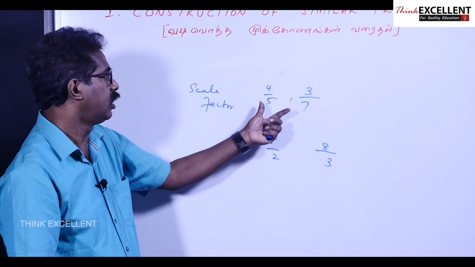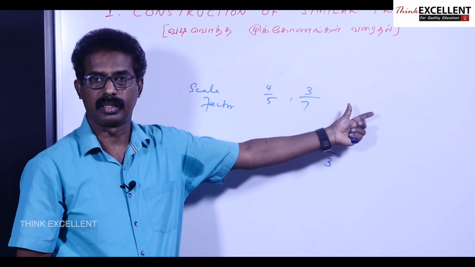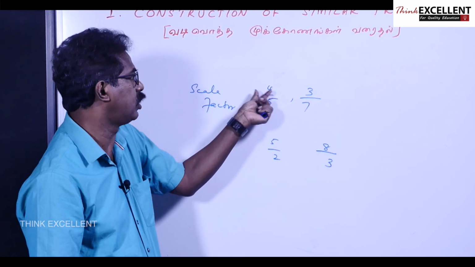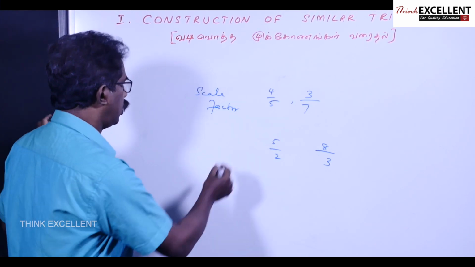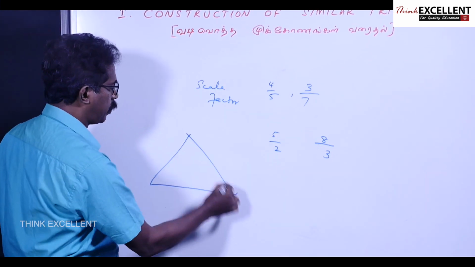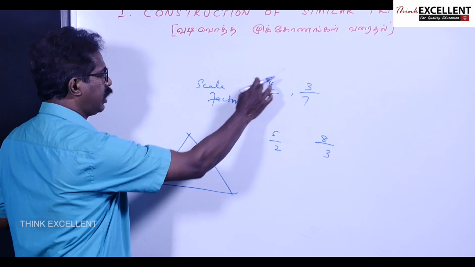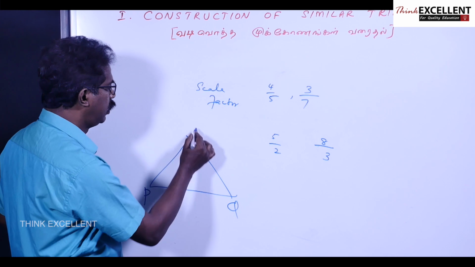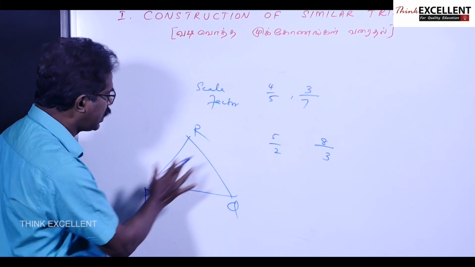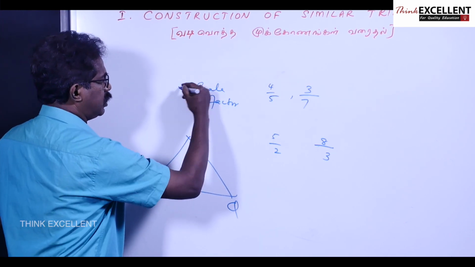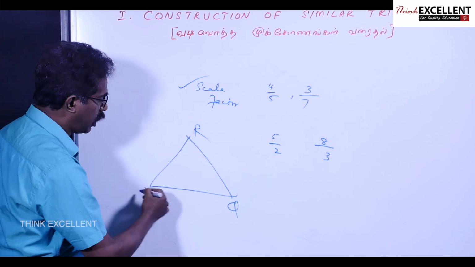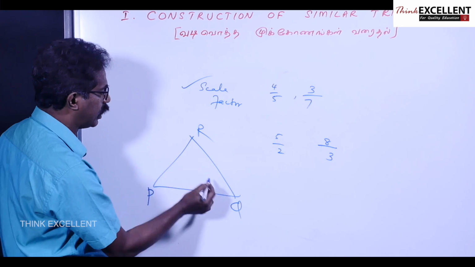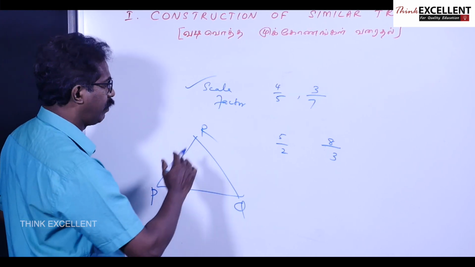In the first type, you will be getting a smaller triangle. A bigger triangle is given. See the denominator. 4 by 5 means we are reducing, and 4 by 5 only we are going to draw. It is given a big one, suppose it is 5, and with 4 ratio we are going to do. Suppose this is PQR, you will get a triangle inside that. So for this type of question, you draw a larger triangle, because inside only you are going to get the new one. How to draw, I will explain to you. And for the other type,